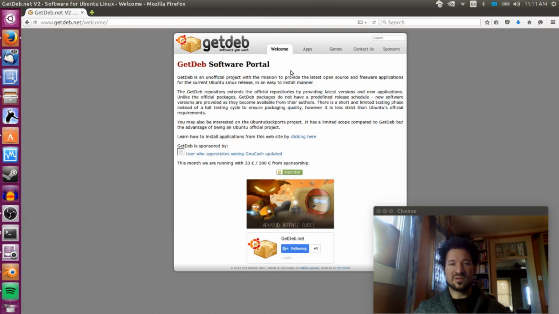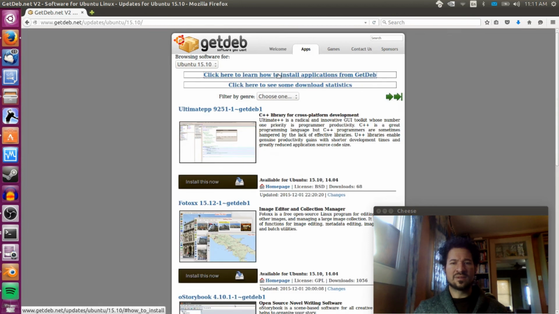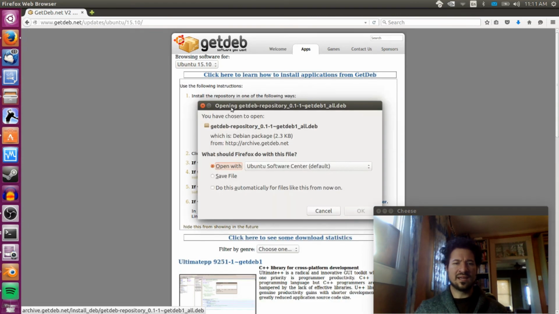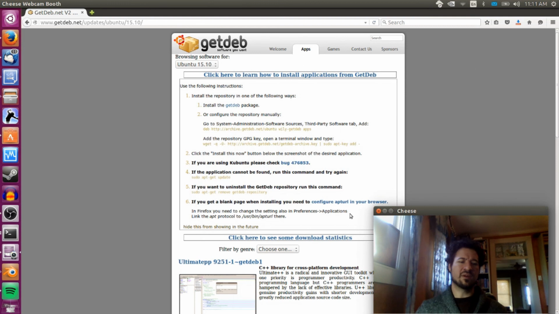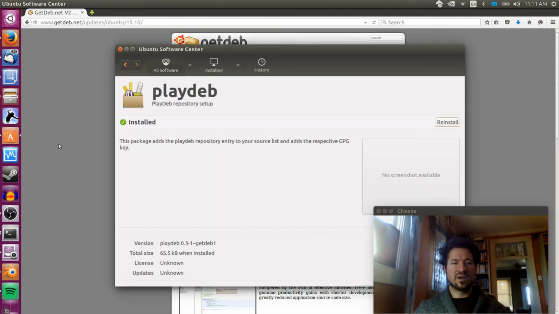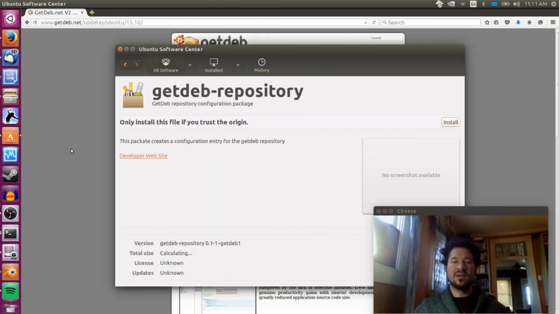It's the same process. Apps, click how to install, click on GetDeb, open Ubuntu Software Center. It's already open, so pop that back open. Install, and away you go. Now,